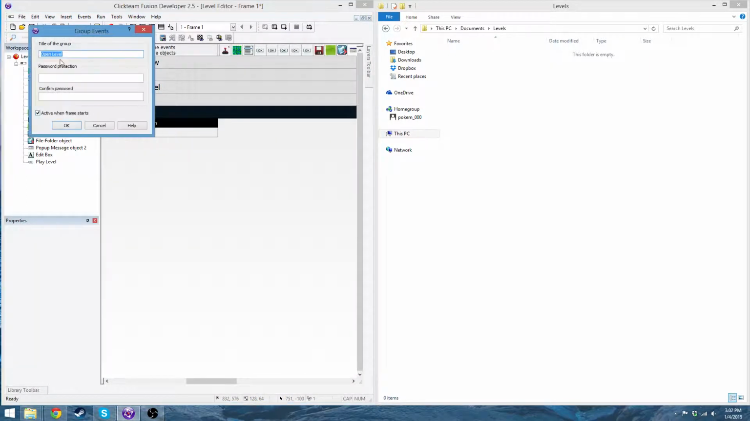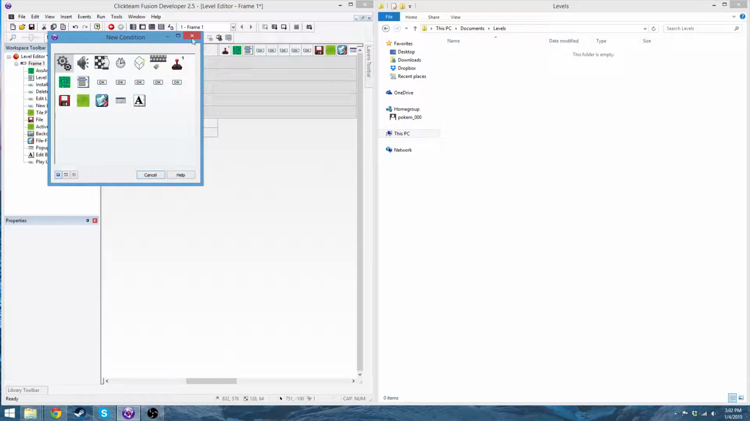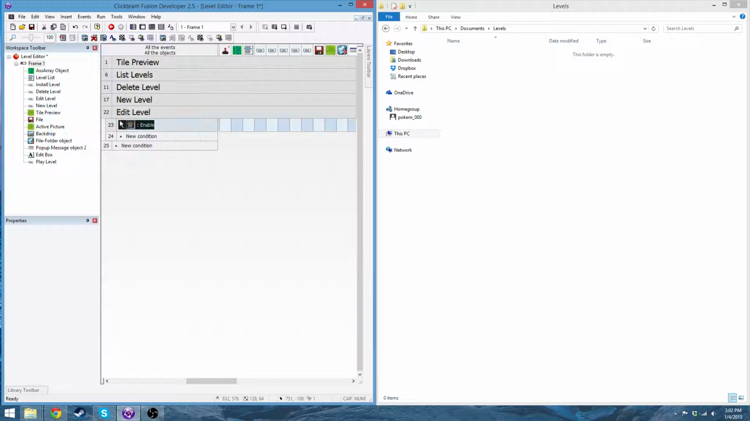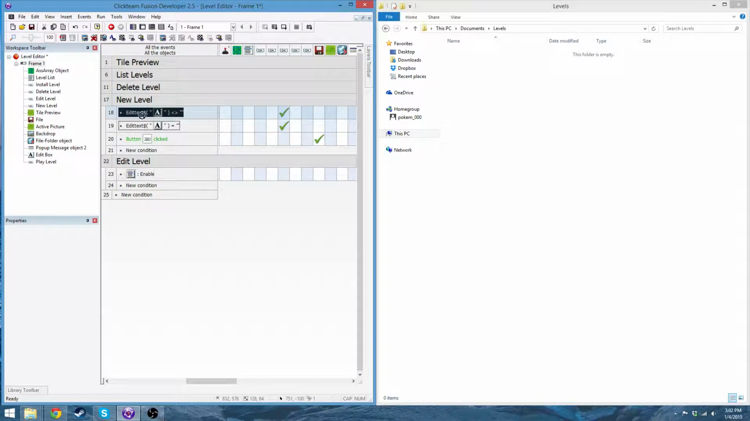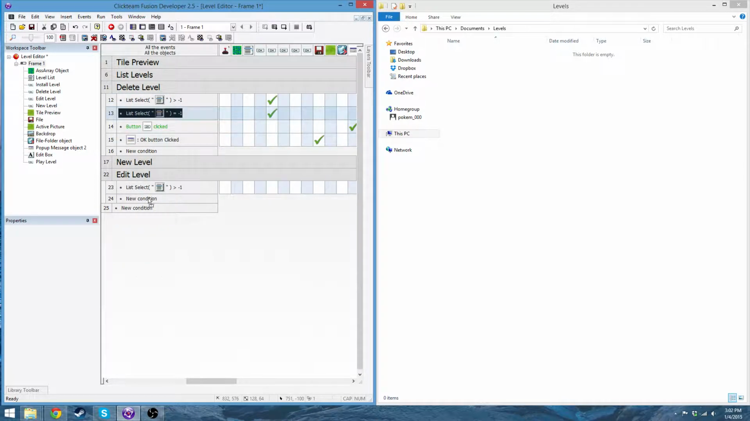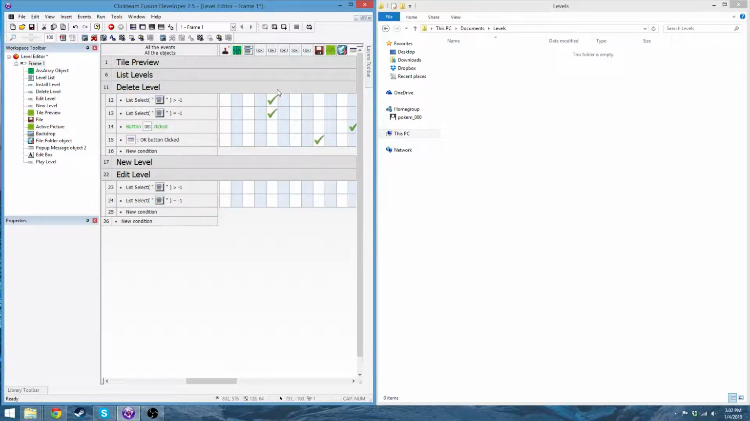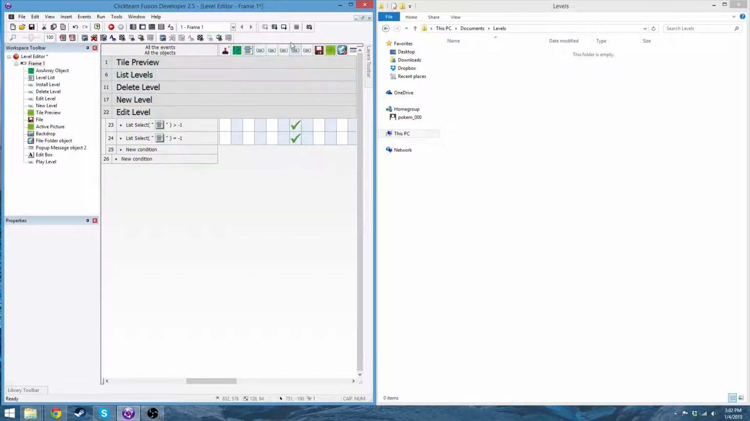So I'm going to rename this to edit level, and what I'm going to do is copy from delete level right there, and then enable, disable the edit level, and then